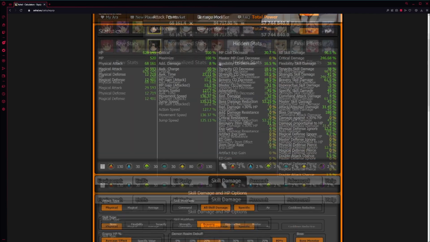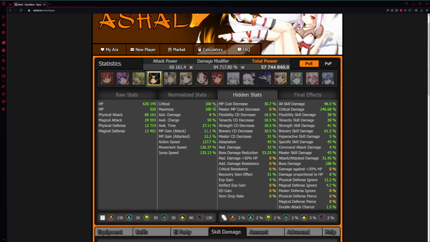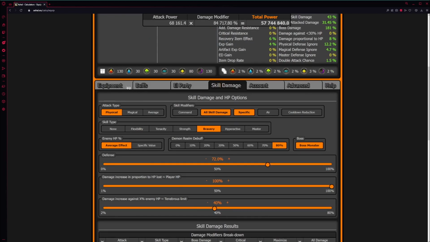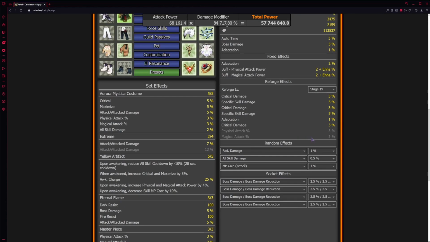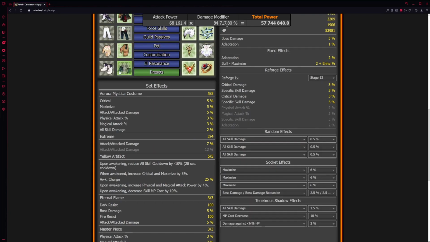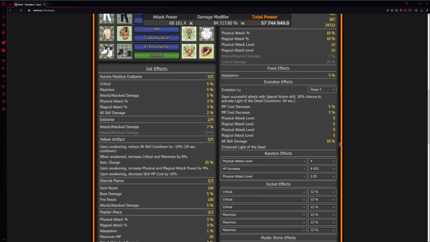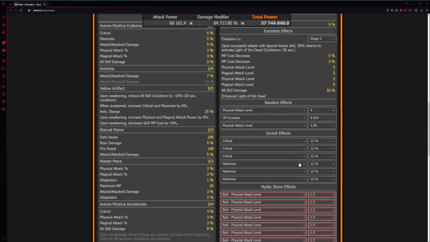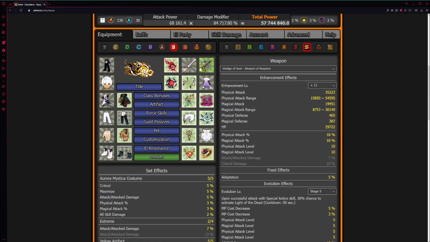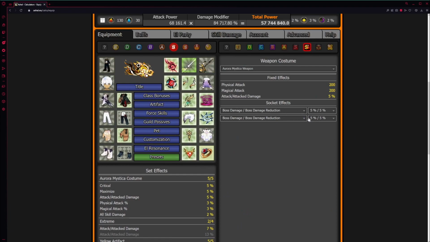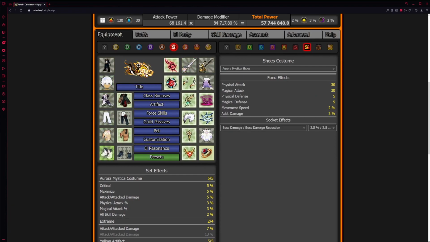So now you can see if I go up here, back to my hidden stats, I'm at exactly 100%. So it has already, and you can just go back and look through. Well, what did it change here? We said boss damage here, boss damage, boss damage, boss damage. But now this one has 3 maxi sockets. My weapon now has 3 crit, 3 maxis. Okay. This has both boss damage, no more crit here. And then defense ignore, defense ignore, defense ignore, defense ignore, and then boss damage reduction.